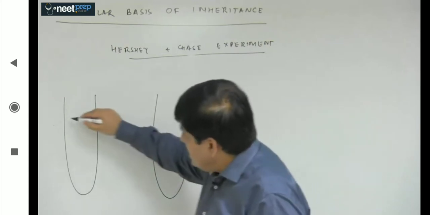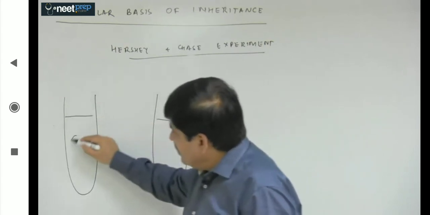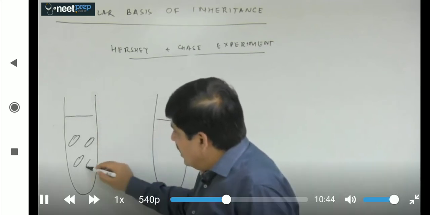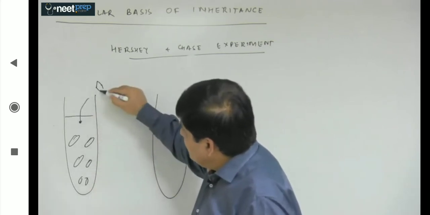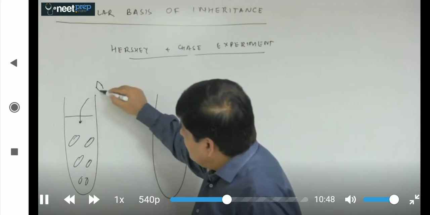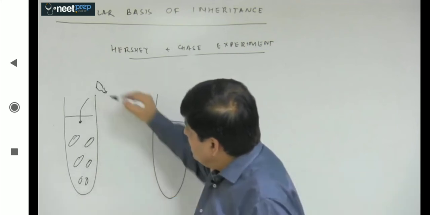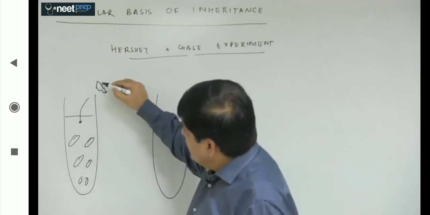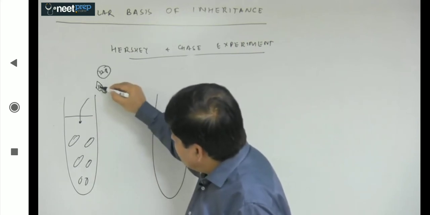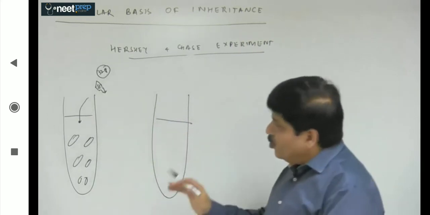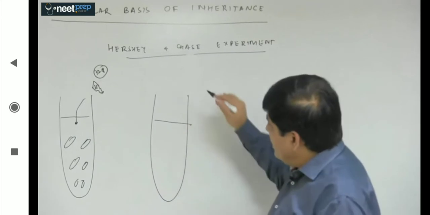And we are saying that in this test tube the bacteria are allowed to be infected by the bacteriophage, and these bacteriophages are having 32P, which means their nucleic acid is radioactively tagged but protein is not. And similarly here